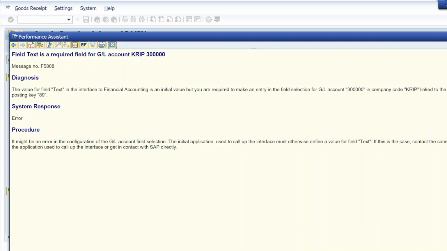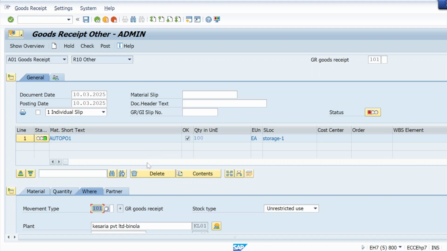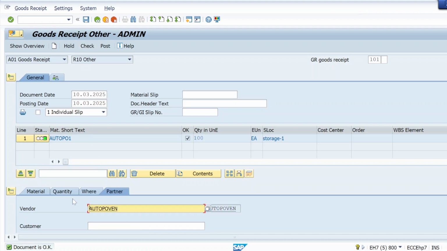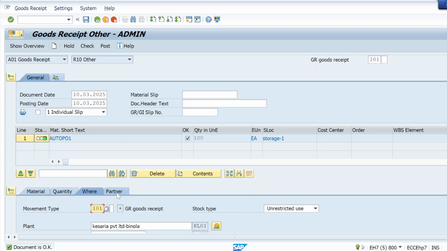Some different type of error is coming, but that we can resolve. Field text is required for GL account KRIP. This is cost center KRIP and GL account 33 lakh. Meanwhile it's a GL account, an FICO error, but we can resolve that. It's not an issue. Let me see the diagnosis.